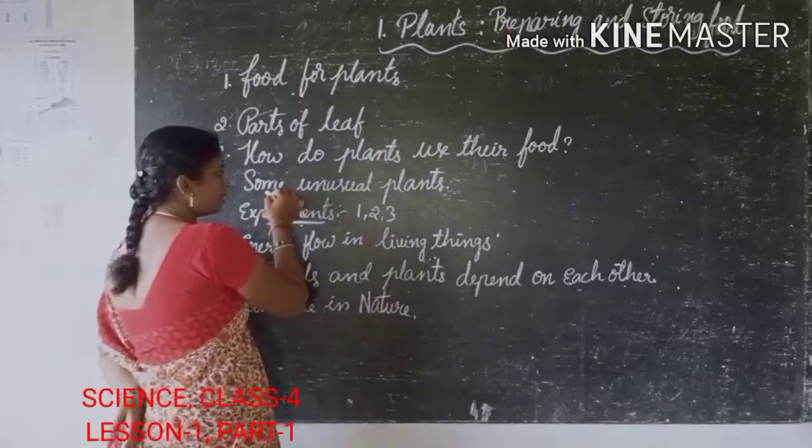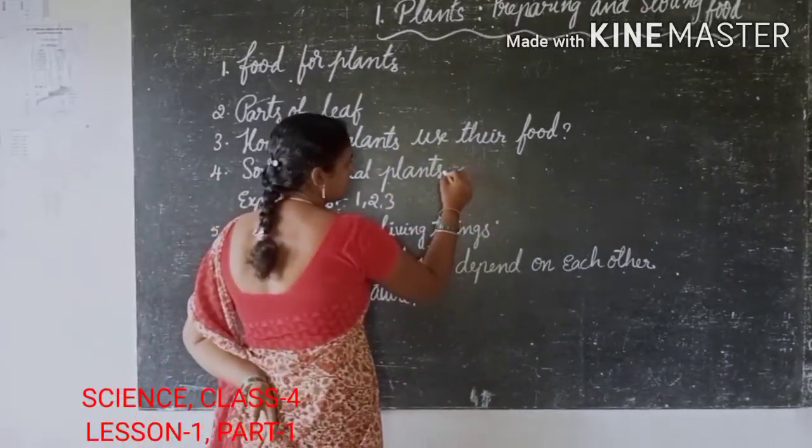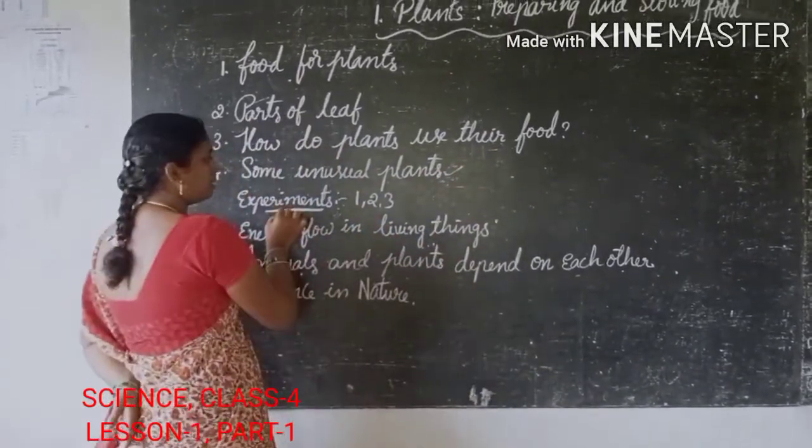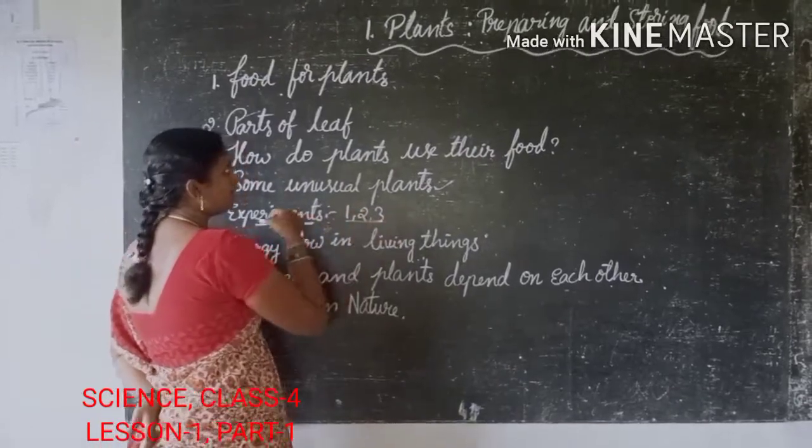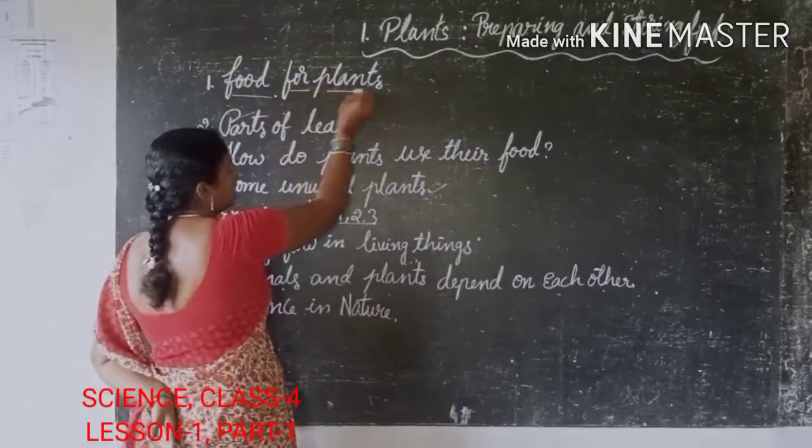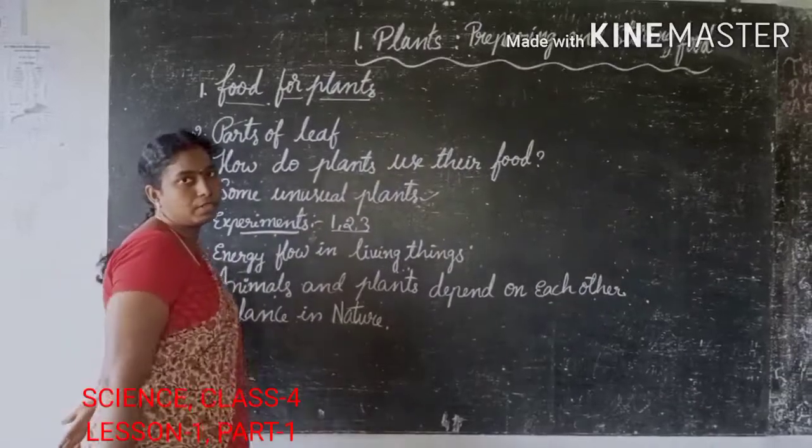So children, we completed up to some unusual plants, and in the next class we can learn about the experiments. We have three types of experiments about the food for plants. In the next video we can know the